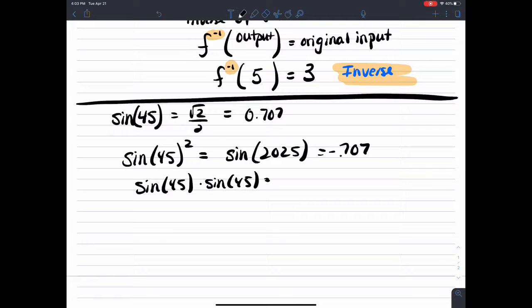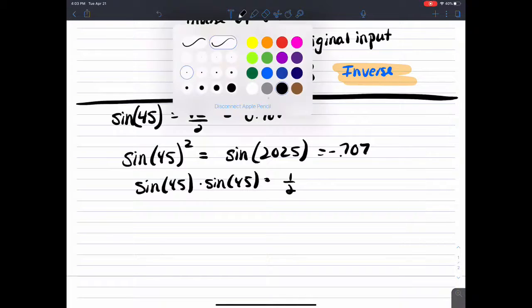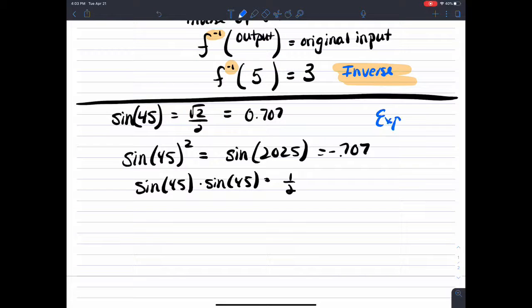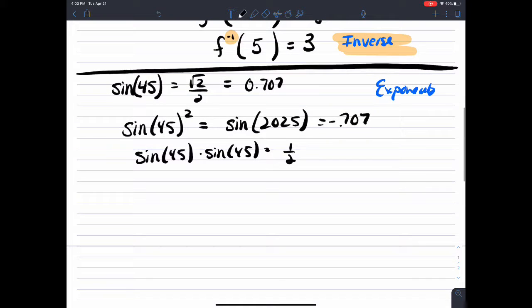Which would be something way different, right? If I took root 2 over 2 and multiplied it by root 2 over 2, I get a half. So working with exponents is confusing. So what we've decided to do with trig functions is, if I want to put an exponent on